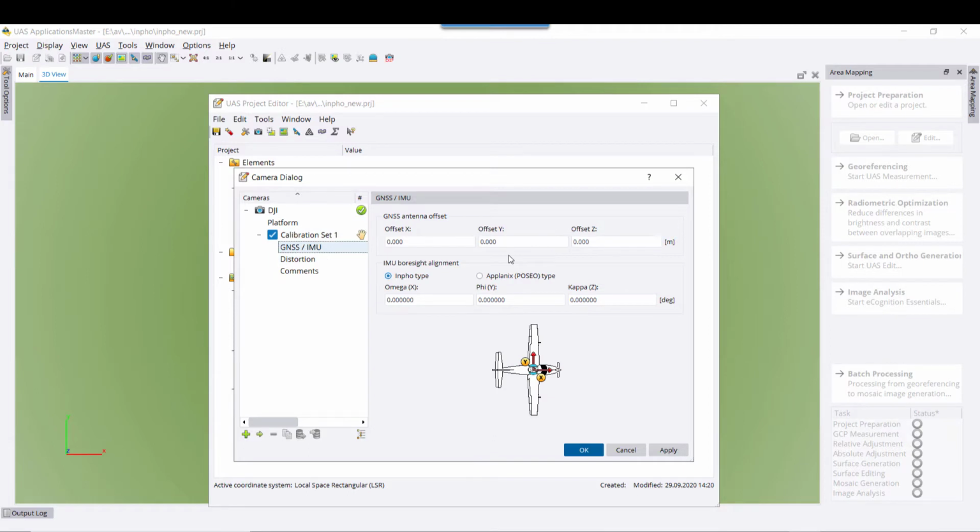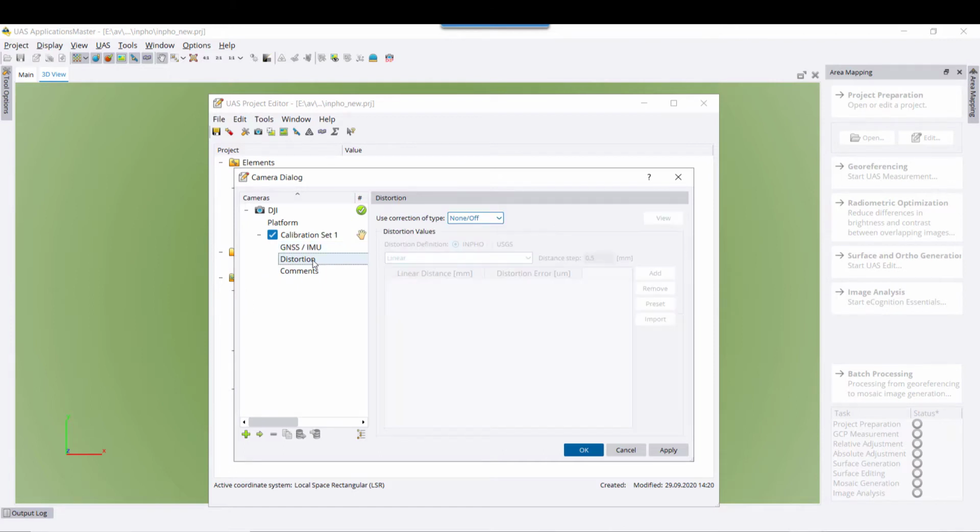If not, you just keep it 0 and you can calibrate it. And here we have an additional vector that we can apply. So your solution is basically referring to the antenna of the GNSS, and we want to bring it now to the camera center, projection center. In that case, I apply 10 centimeters height offset and horizontally 0. So the antenna is 10 centimeters above